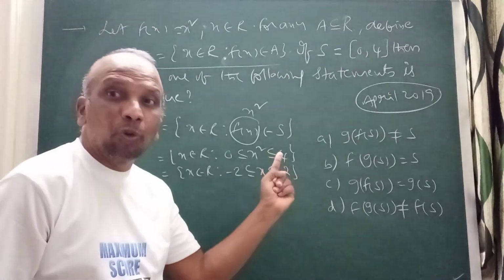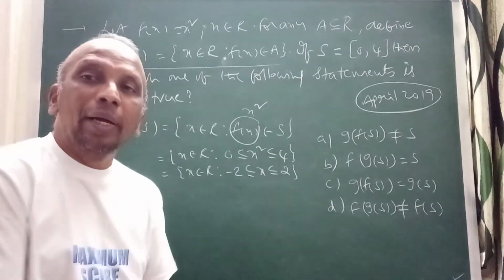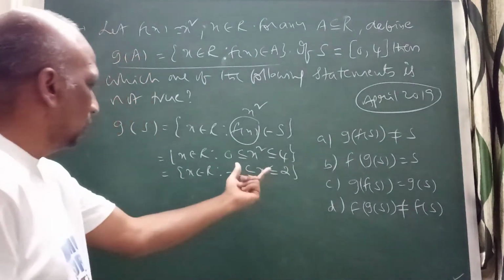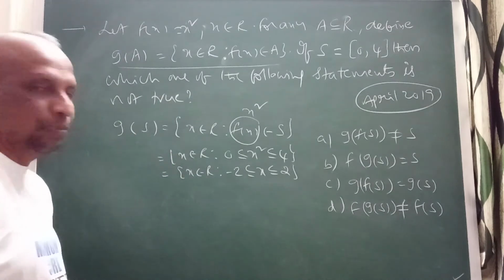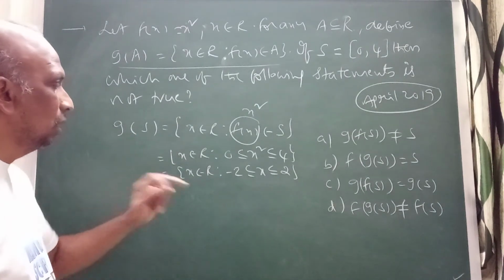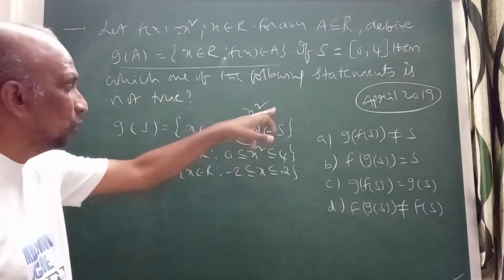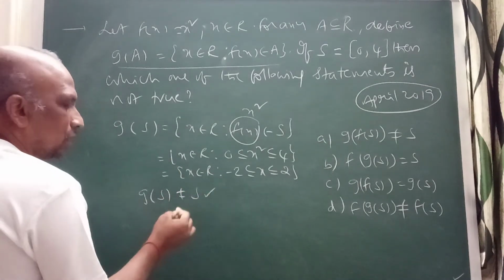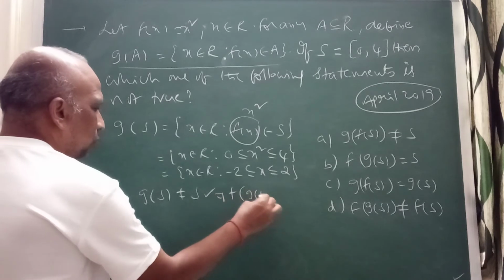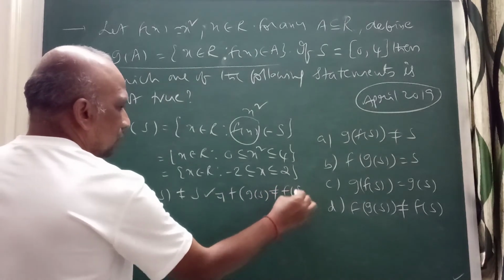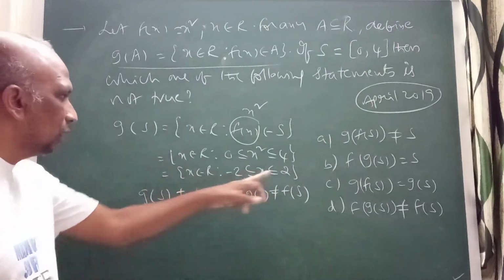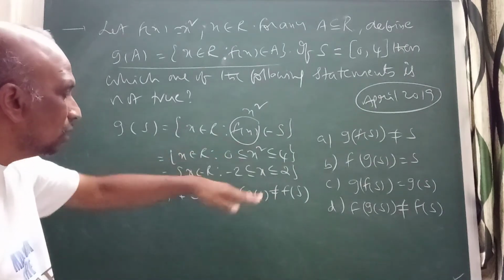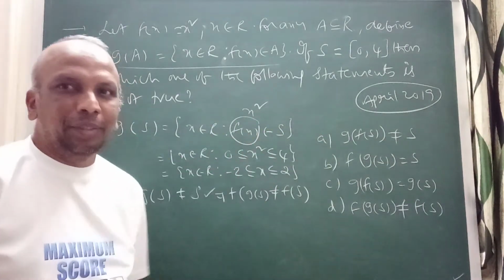From this, x square less than or equal to 4, x square minus 4 less than or equal to 0, (x plus 2)(x minus 2) less than or equal to 0, x lies between minus 2 and 2, including those values. You will get this one here. This is g of s. But you can see here, definitely g of s is not equal to s. I can mention here, g of s not equal to s. If you write f of this, it implies f of g of s not equal to f of s, right? We got g of s not equal to s, so f of this one, definitely this is true. They are asking not correct, this is true.